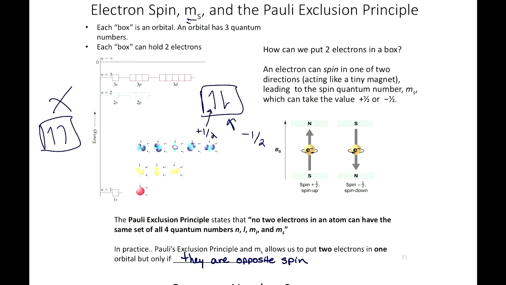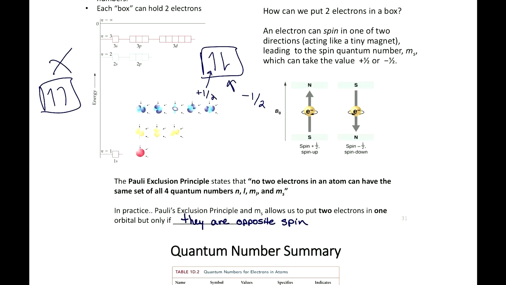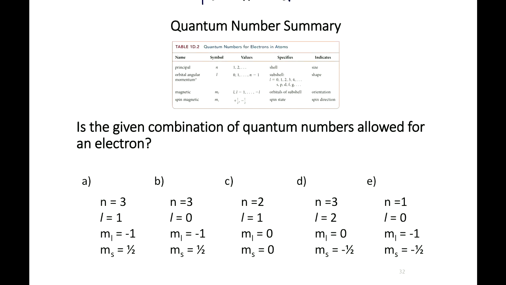Okay, so let's put it all together, all the rules together, by looking at these examples and telling me, can you have an electron with these quantum numbers? Is this combination of quantum numbers allowed? I like to go through them in order: look at the n value, think about what the possible L's are, and then, of that L, whether I can have the ML that's given. That's the process I go through.